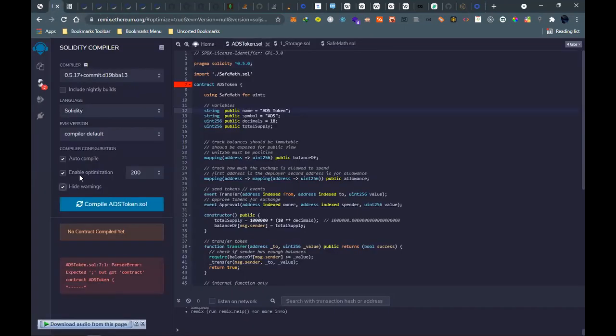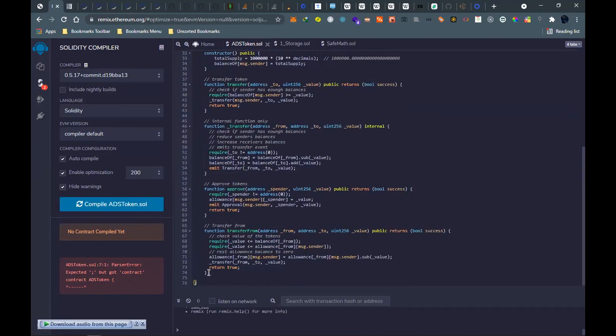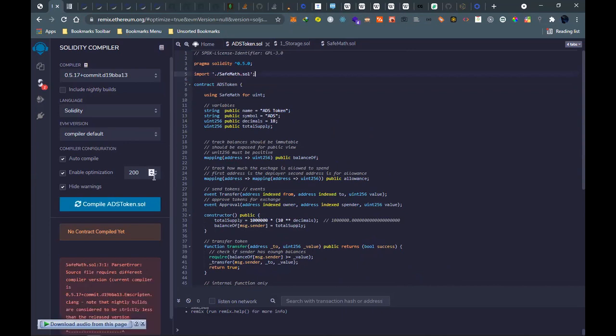Let's see if it has compiled. So contracts. I'm not sure where it is. Oh yeah, so we forgot a semicolon on line 5. And then we still have a problem.